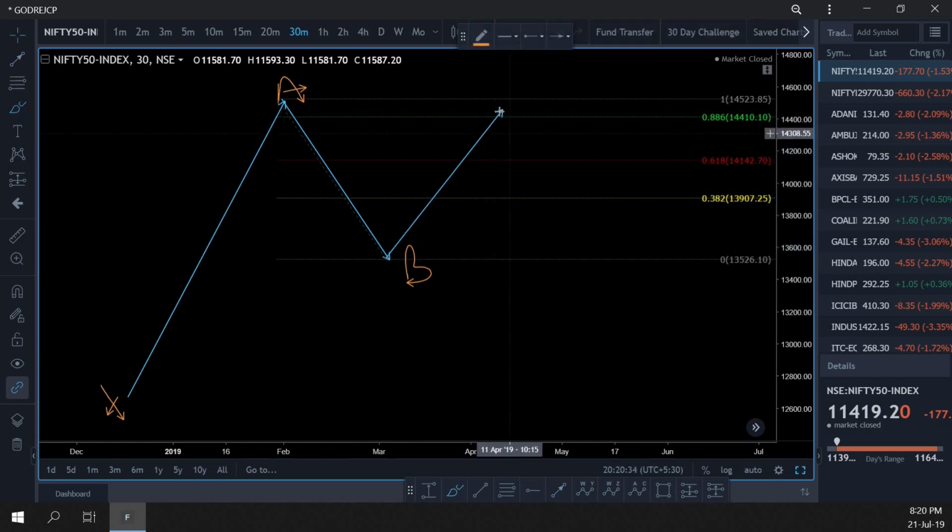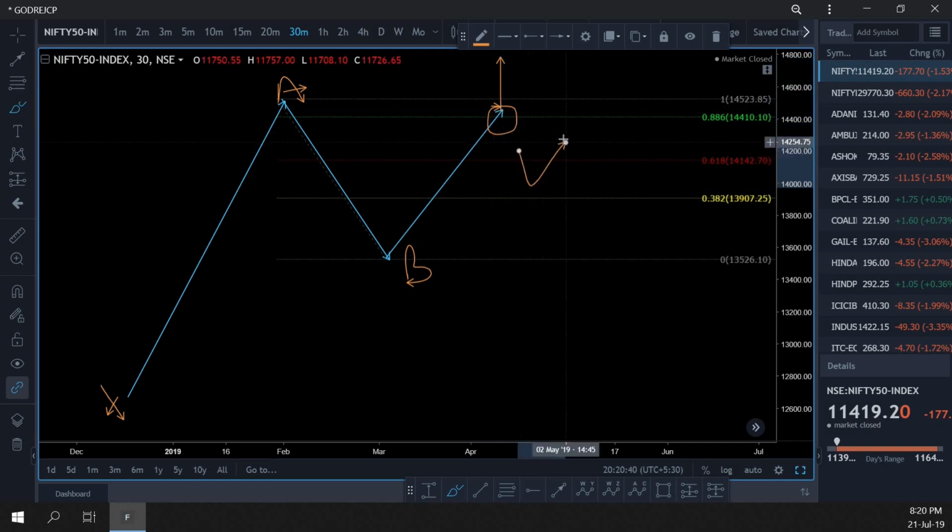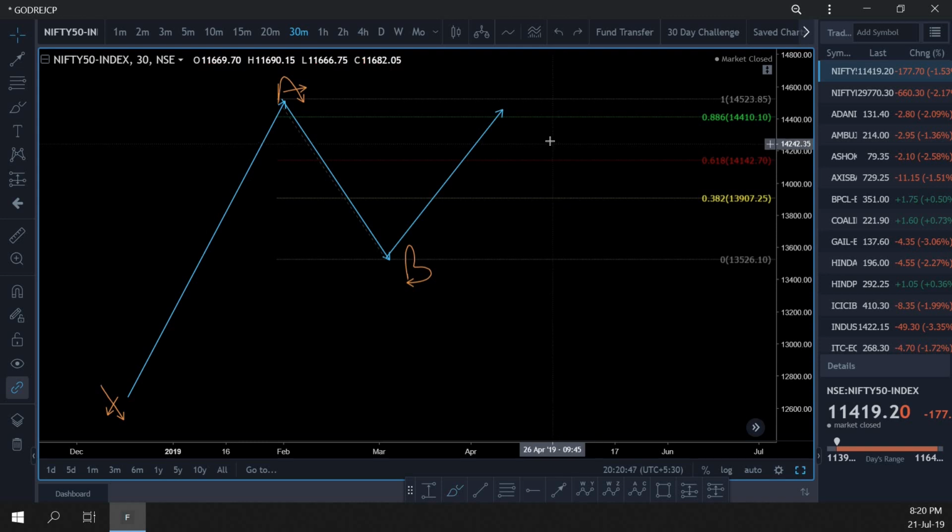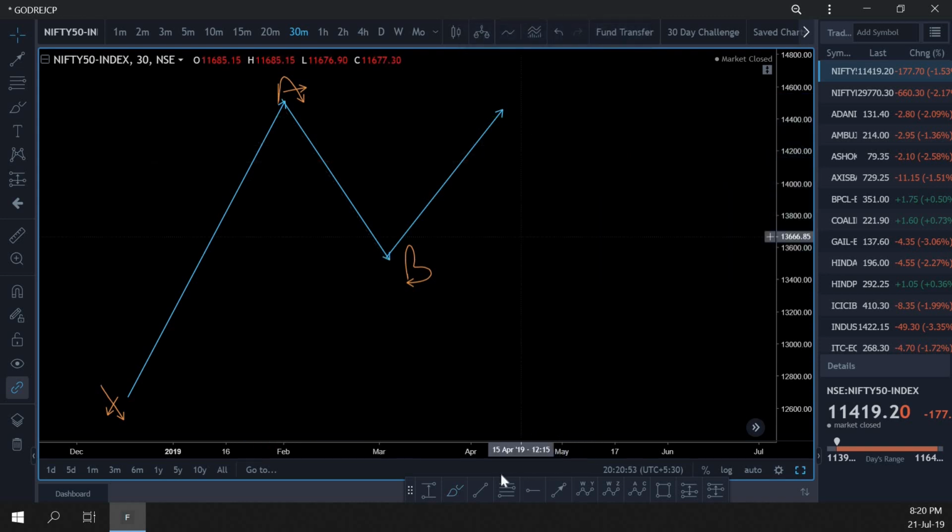So let's say you have a wick somewhere there, but that candle comes back and closes below in the zone of that. The pattern is still valid. We can trade that. Okay, so make sure these are the conditions which we follow. The next condition which we look for in this pattern,